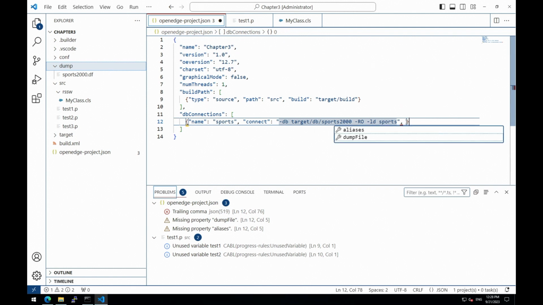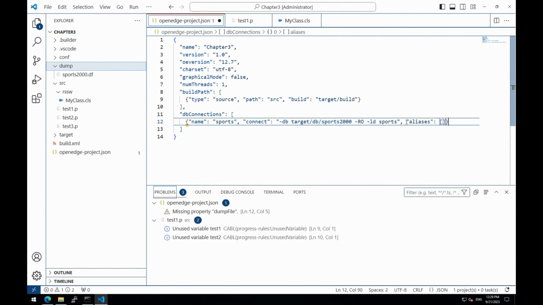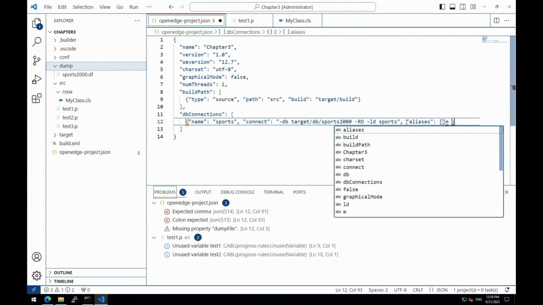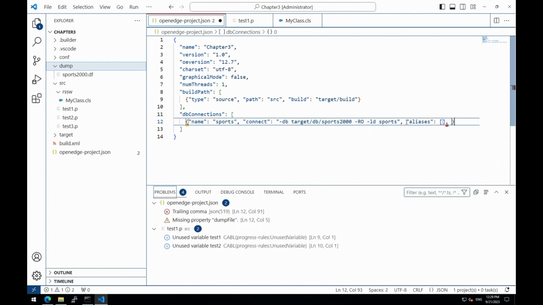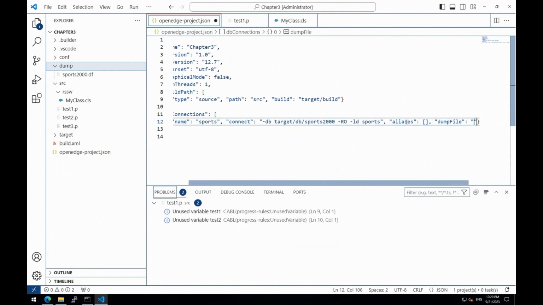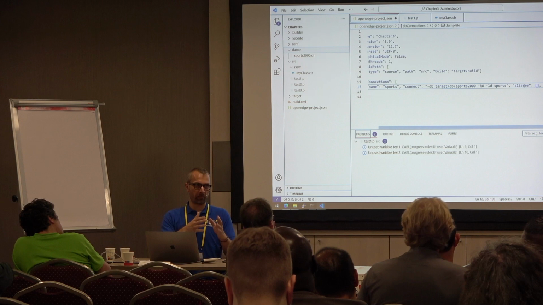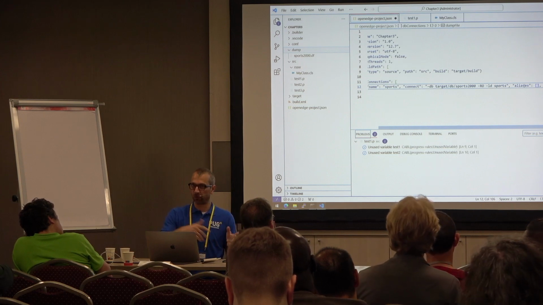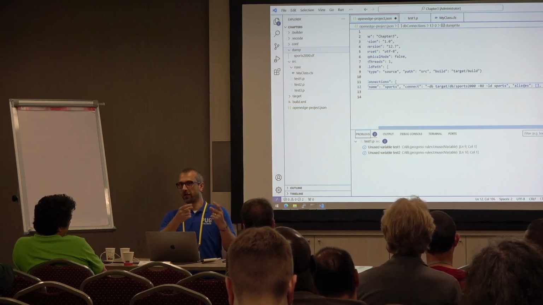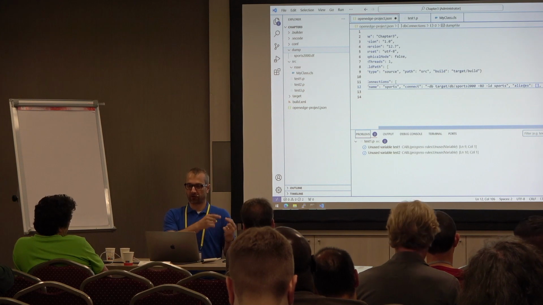We have to define two other attributes. And those attributes are used by the language parser only. So the language server is written in Java. In order to do the code analysis, in order to transform the source code into a syntax tree, we need to have the schema of the database in memory. However, in Java, we don't connect to the database. We do that directly out of the DF file.